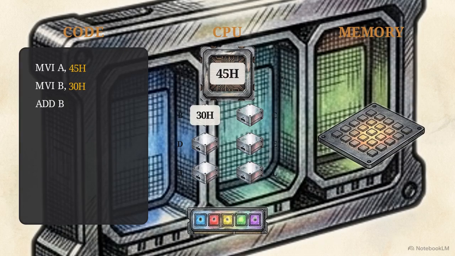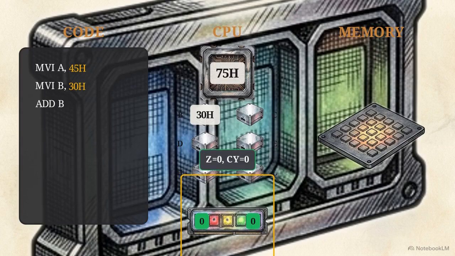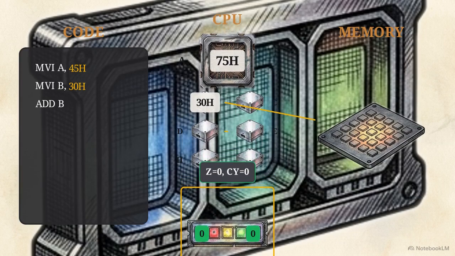When we execute an arithmetic instruction like ADD B, the processor adds the content of register B to the accumulator, updating register A to 75 hex. The CPU then uses the flag register to evaluate the result. Since 75 hex is non-zero and fits within 8 bits, the zero and carry flags remain at 0. This creates 2 distinct channels of operation: data moving between registers and memory, and arithmetic operations triggering physical status switches